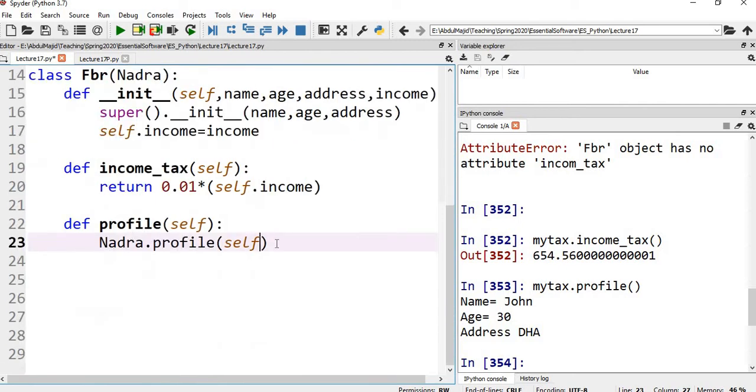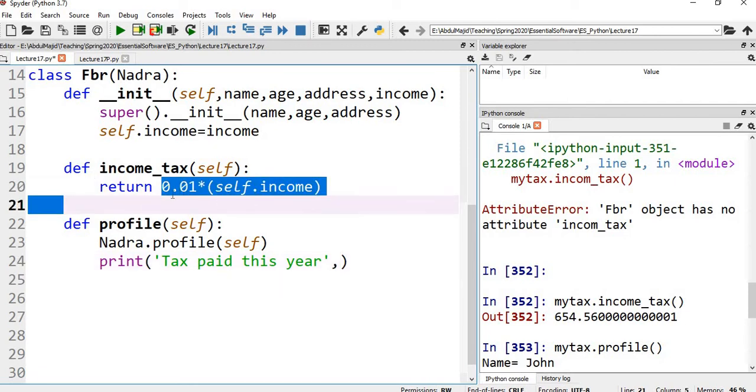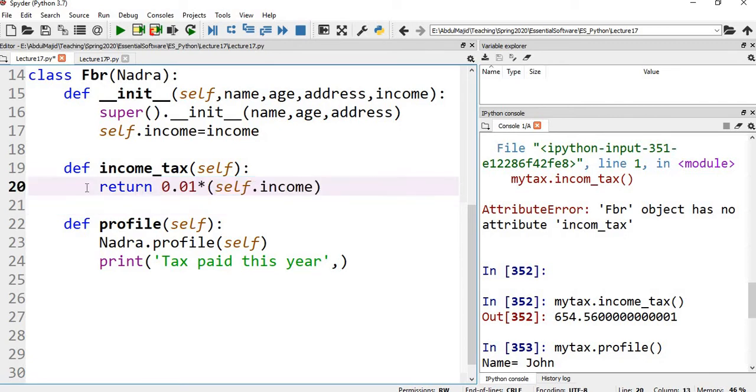So we are going to get these 3 lines here, but now we are going to add one more line, and that one more line is the information about the tax paid. So I can print here tax paid this year. So how much tax have we paid? This function calculates the tax. So instead of recalculating this amount here, you can simply call this function here. When you call this function here, you are going to get this value, which has been assigned to this return